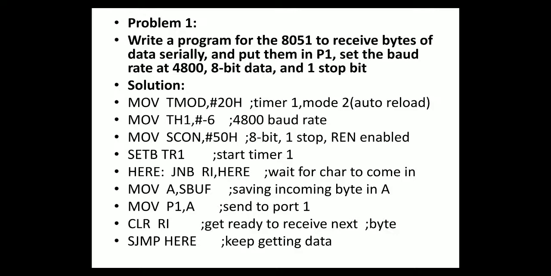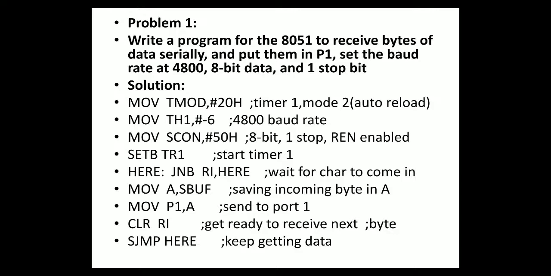Suppose RI has been raised to 1, what is the meaning of this? The data is available in the SBUF register. Data has successfully been saved in SBUF. Before the next byte arrives, because SBUF is only one register for sending data and for receiving data, I have to clear my SBUF content. Clear in the sense, move it to some safe location needed by the programmer, wherever he wants. So what is the next line I have written here? MOV A, SBUF. But my program statement has told me that I have to move it to P1, so I will write MOV P1, A. So data is successfully taken from SBUF and placed in P1.